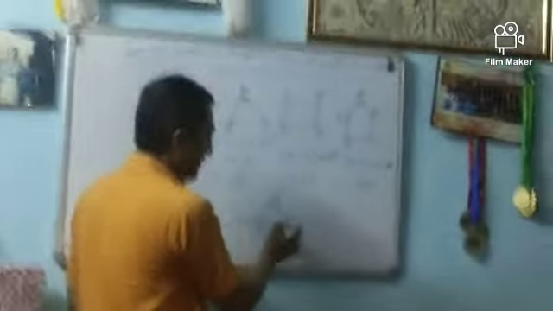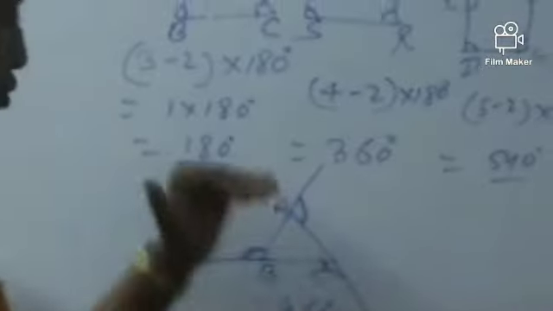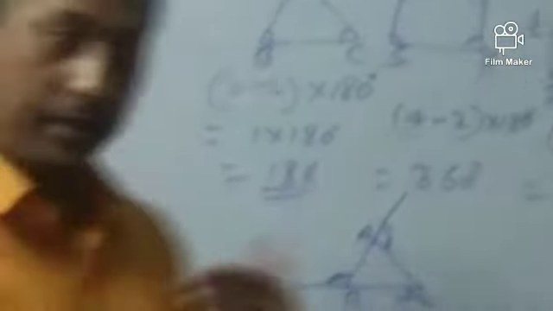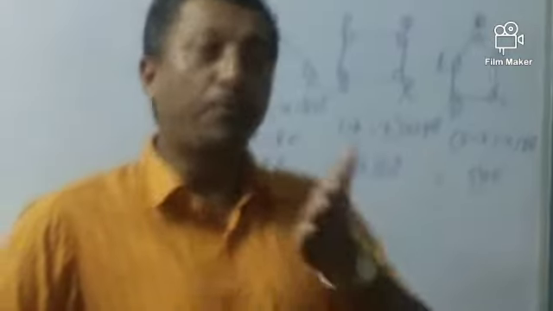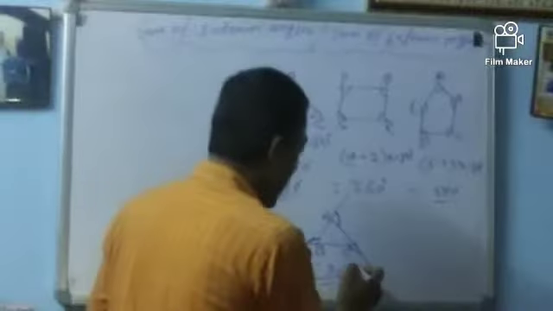So the exterior angles at angle A, angle B and angle C always sum to 360 degrees. We can also prove geometrically that the sum of exterior angles of a triangle is 360 degrees. Not only for a triangle, it is true for any polygon. Very interesting. Quadrilateral, pentagon, hexagon, any polygon, when we talk about the exterior angles, it always comes to 360 degrees.